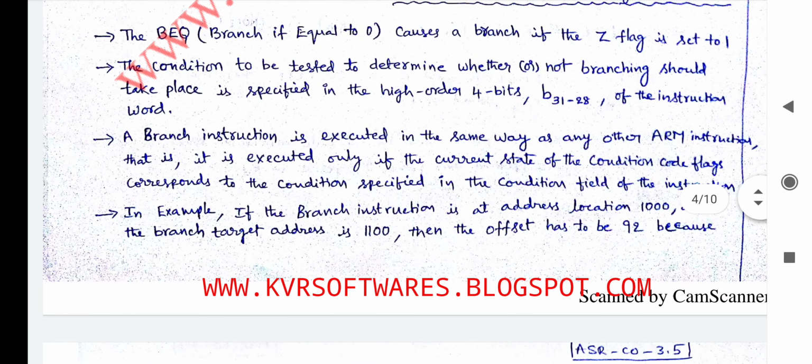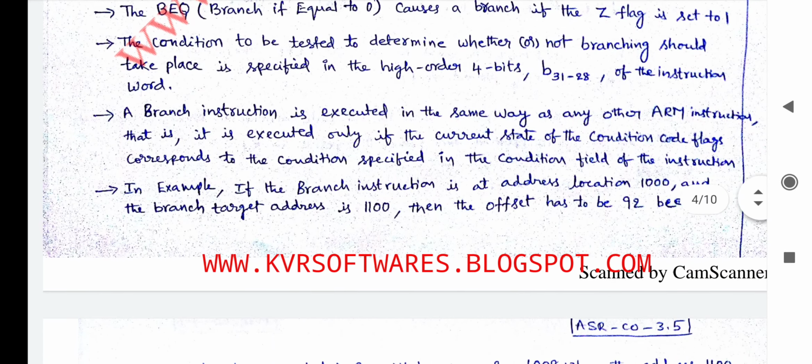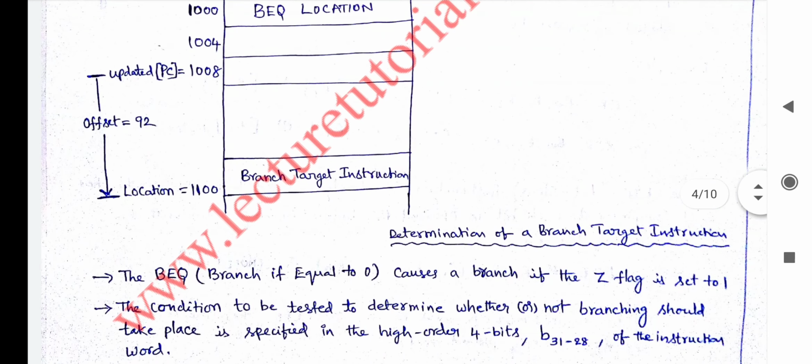For example, if the branch instruction is at address location 1000 and the branch target address is 1100, then the offset has to be 92. We already saw this offset value in the diagram. Offset is equal to 92.